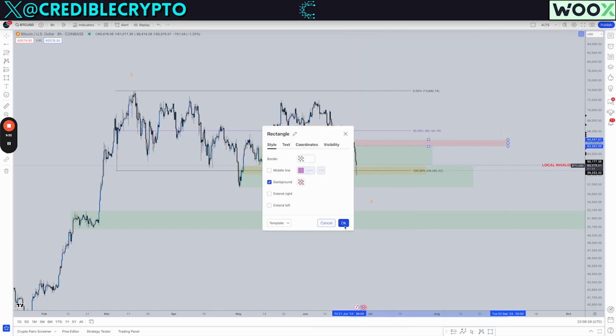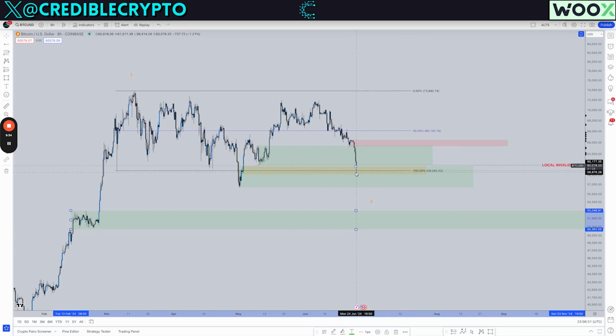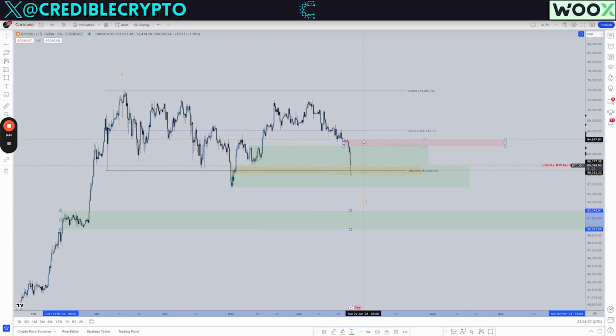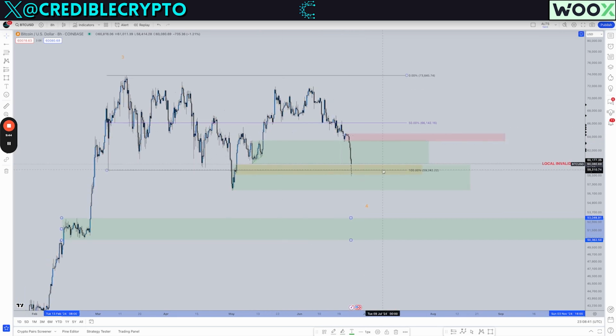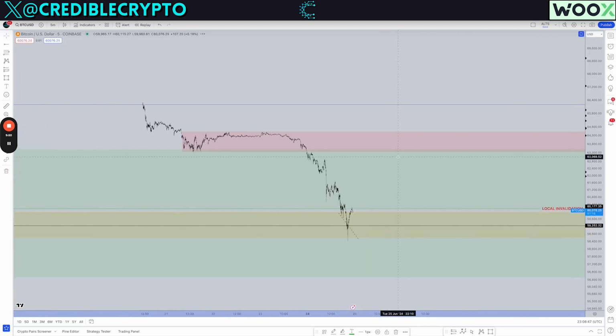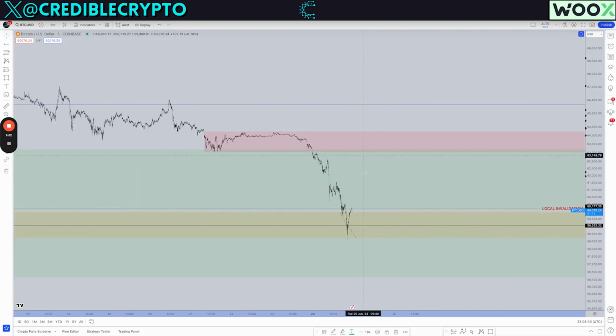And you can see that this is the cluster that preceded this last leg to the downside that broke our key lows here, okay? This cluster is at around 63 to 65K. We're currently seeing a little bit of a bounce here, which is nice. It's not impulsive yet. And just like I said in the last video, the only way that we're going to get confirmation that the next leg up has started is if we get a clear impulsive move.